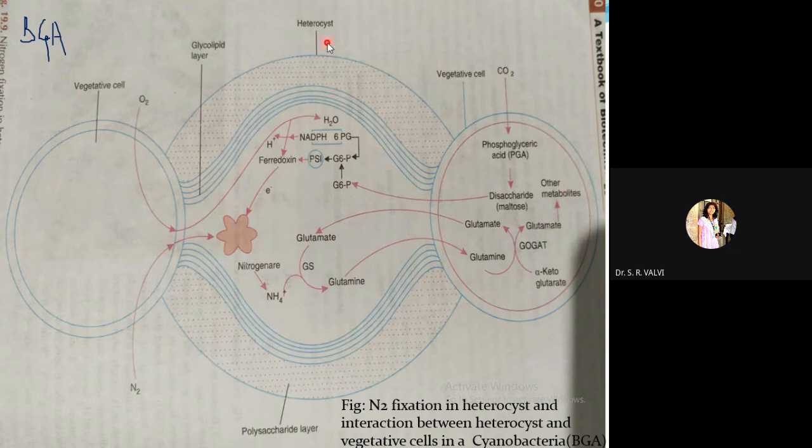So the heterocyst is the site of N2 fixation in the case of algae, right? Heterocysts are present only in algae. Please do remember, in the case of bacteria, we do not observe such a case. Here the heterocyst is the site where nitrogen fixation takes place in algae, and even in the primitive algae, that is cyanobacteria.